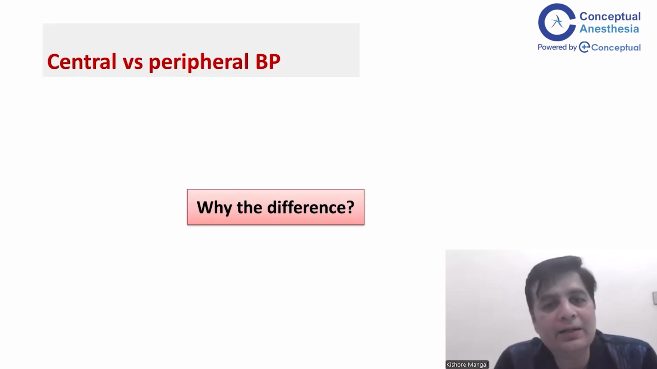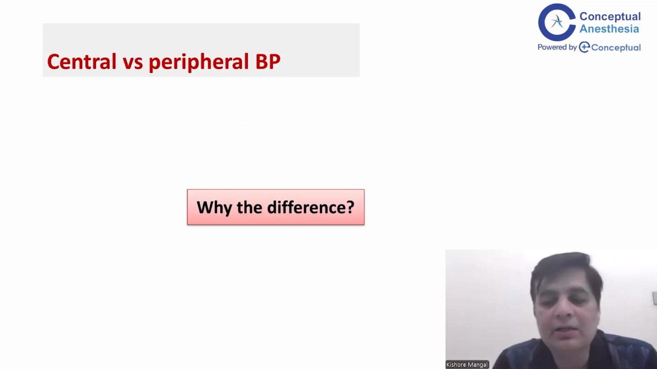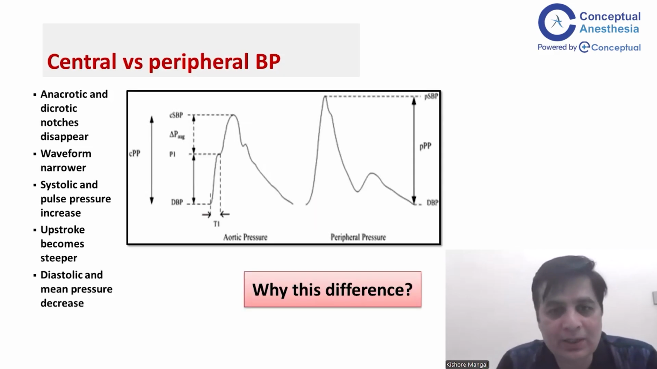Difference between the central BP versus the peripheral blood pressure. If we put an arterial line into a dorsalis pedis, and if we put an arterial line into a femoral artery, we will see a difference in the waveforms. And what is this difference? So this is what we will see in the aortic pressure, and this is what we will see in the